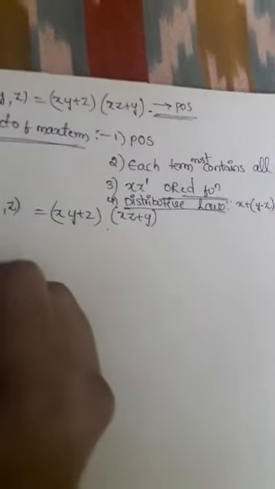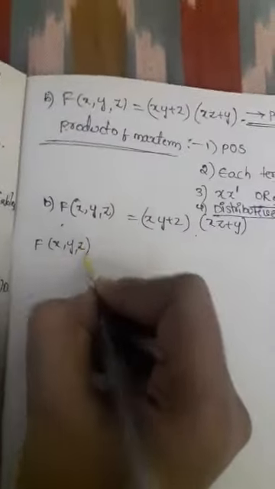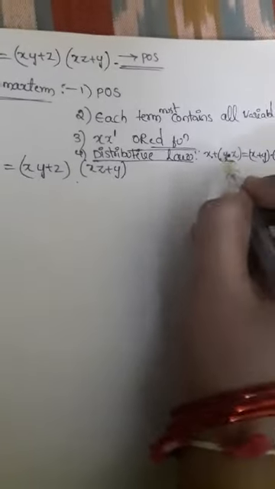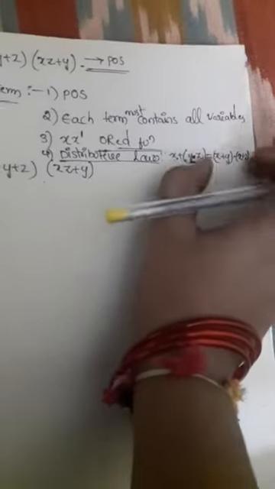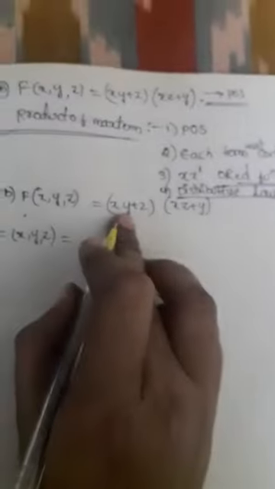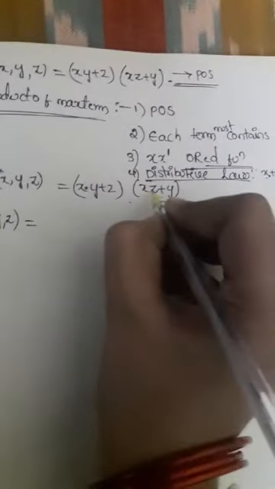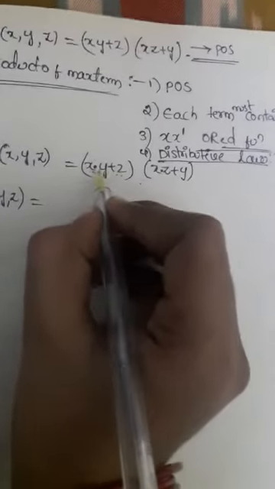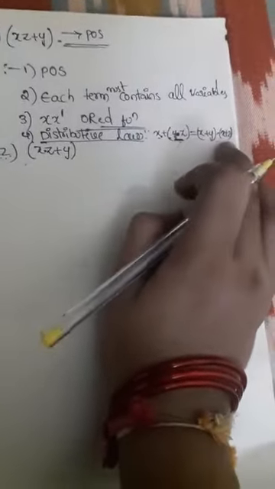So function of x, y, z is equal to, so here check the rule, x plus y into z. That means any product term will be divided into two terms. So a single product term will be divided into two terms like this. Here also we have one product term, and here also one product term. So between these two, each product term will be divided into two terms. The first term will be divided into two parts. How? Here just check, x plus y into x plus z.